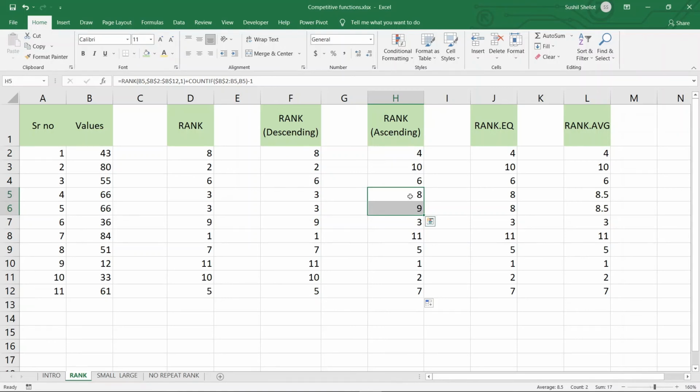So in the same way, in these two columns also, we can make unique rankings by using the algorithm of COUNTIF and minus 1. Now I'll go to this cell. What it did here is it ranked the cell. Then what it did, COUNTIF. Now what did it count? It counted from B2 to B5 cell,